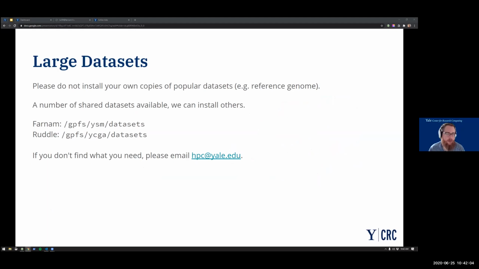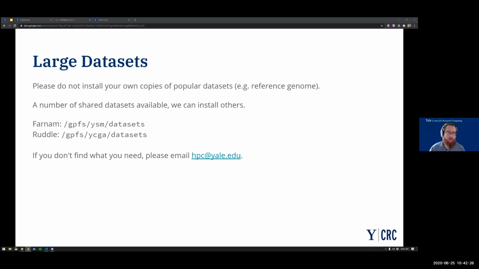And finally, on Farnam and Ruddle, there's a directory on Grace as well. We have an area for what we just call data sets. It's kind of wasteful in terms of the storage on the cluster if everyone had their own copy of HG19 or, you know, name your reference genome.